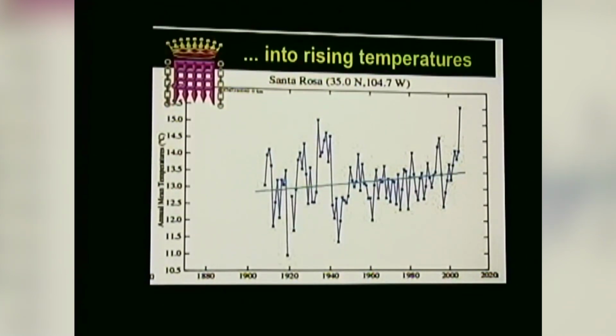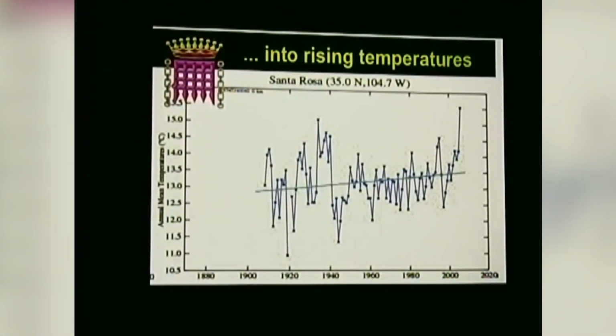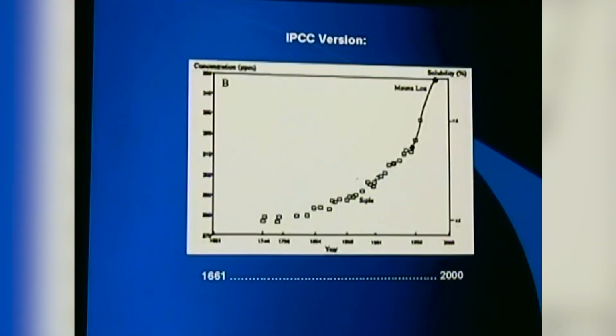And this is what was published, this graph in the IPCC 2007 report. The way they did it, they had a fancy word for it. It's homogenization of the data. And what they mean is that they make these temperatures colder and these temperatures warmer to fix the slope. When I was in school, I used to call that dry labbing. You know, if you were in the lab and you wanted a result, you just...